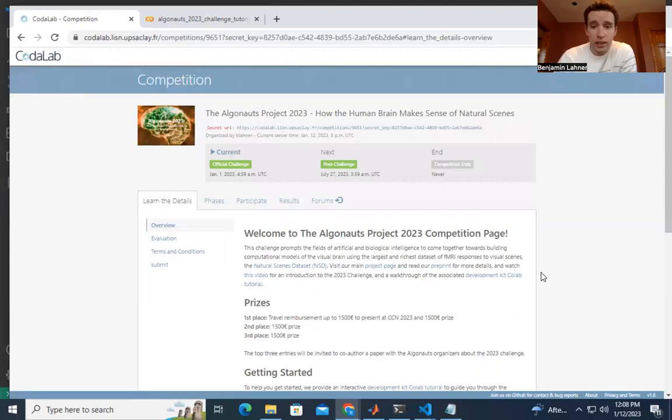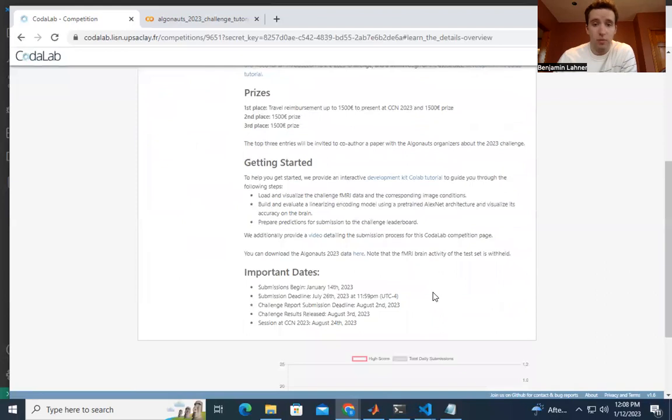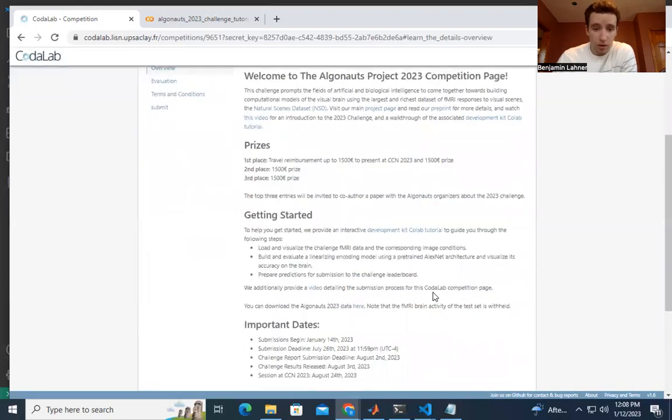So when you first click on the link, you're going to land on this page, the overview. And this is an important page to read. It'll explain the prizes, how to get started, and some important dates. So I will highlight, to get started, we have an awesome development kit CodaLab tutorial, as well as a video to guide you through the whole entire process to load all the fMRI data, build and train your encoding model, and prepare predictions.